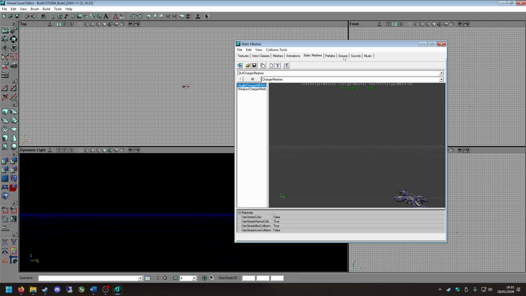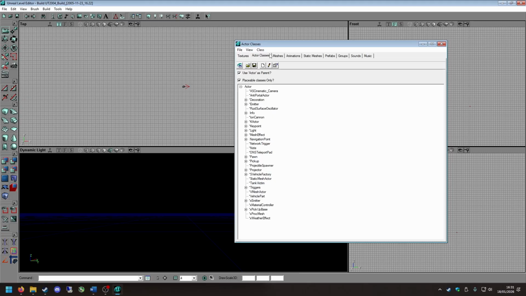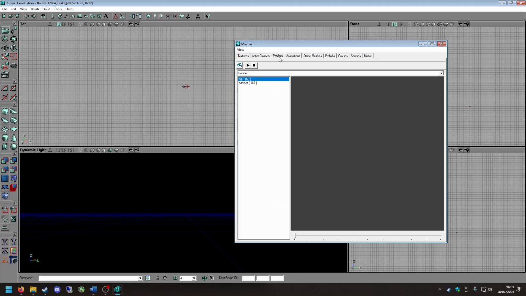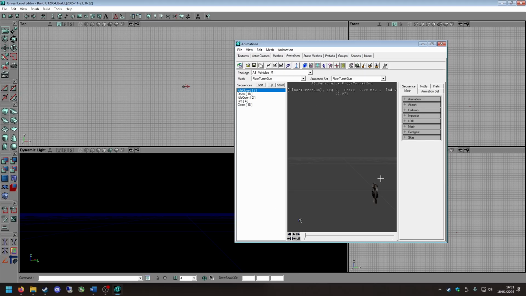You can import textures, static meshes, and sounds into your own packages for you to use on your maps. I skipped the actor classes because you can't import an actor basically. You need to compile that to make it visible. Meshes are not something that's used at all. You can't even import them. Animations,